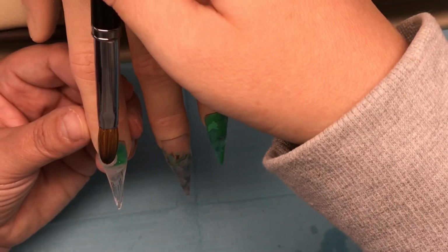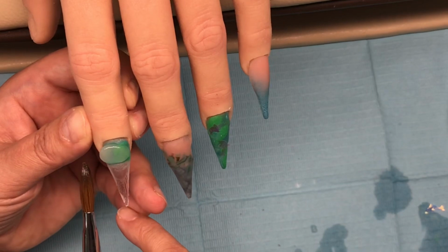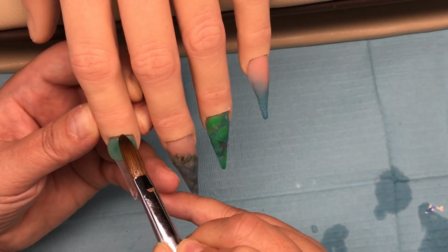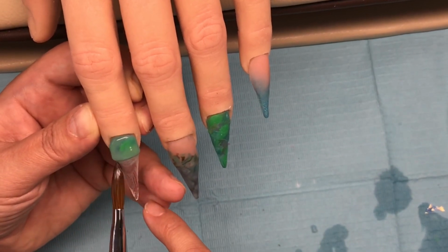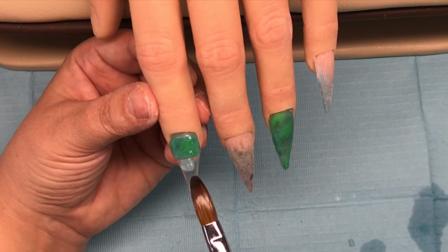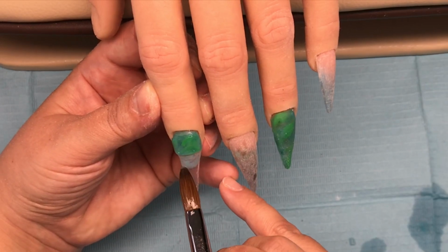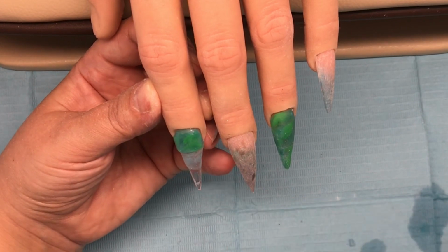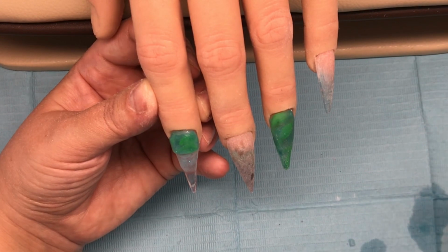Once that's set up slightly, I will then go in and cap this marble area. So I'll put on the clear, tuck it around, make sure that edge is nice and straight, and then leave that to set up while I continue to cap the rest of the nails. So the next section on this nail, I've picked up clear, and I've dipped just a teeny tiny bit of Mermaid coloured acrylic in there, and I'm swirling it round. And this is going to go at the bottom,